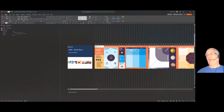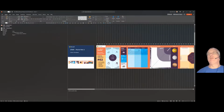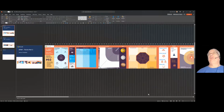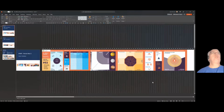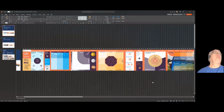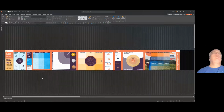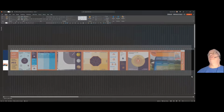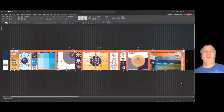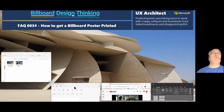Now the question is, how are you going to get this to the printer and ensure that the printer is going to print exactly what you want to print? So first, when you're finished with this, you need to zoom in, ensure that you can get everything on the canvas. Here we are. And you're simply going to select everything with the mouse. So step number one, take your finished poster, select everything in the PowerPoint, and you're going to go and open